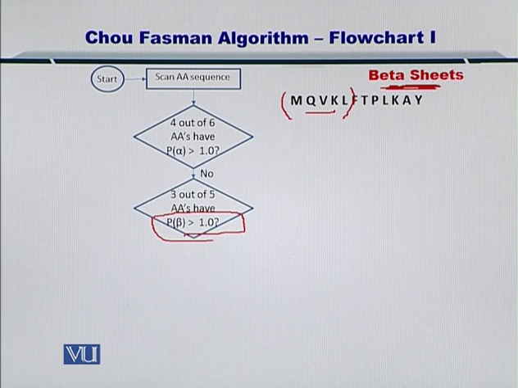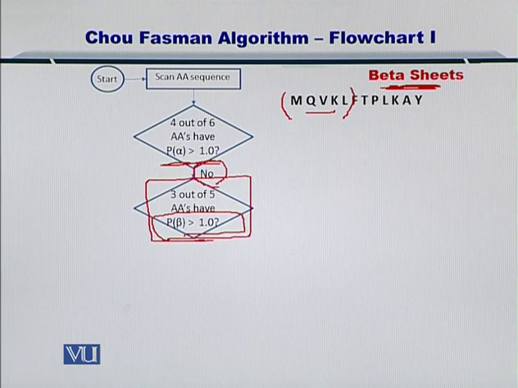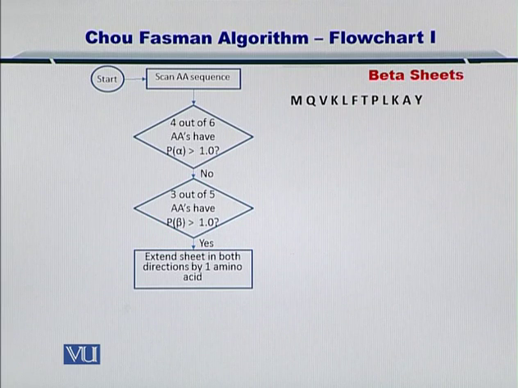So although you have evaluated 4 out of 6 amino acids for formation of the alpha helix, which resulted in a no, then you went on to evaluate 3 out of 5 amino acids by looking at their propensity for forming a beta sheet to be over 1. Next, if that is the case, and you are successful in finding 3 out of 5 amino acids that have a propensity for forming a beta sheet to be greater than 1, then you can extend the beta sheet